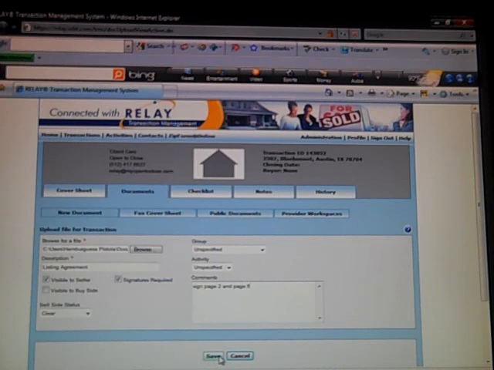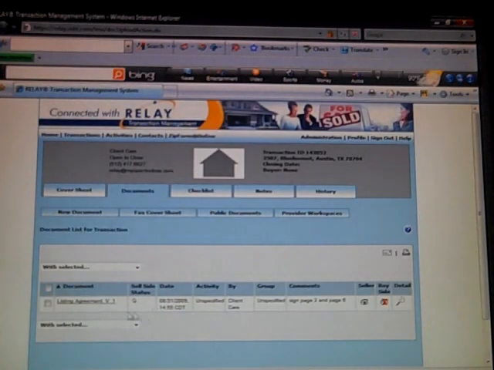Alright, we're going to hit save. It's going to upload our document. There we go. Listing agreement in. Right here it shows that this is hidden from the buyer's side. When you see that X, that's exactly what we want. Now,